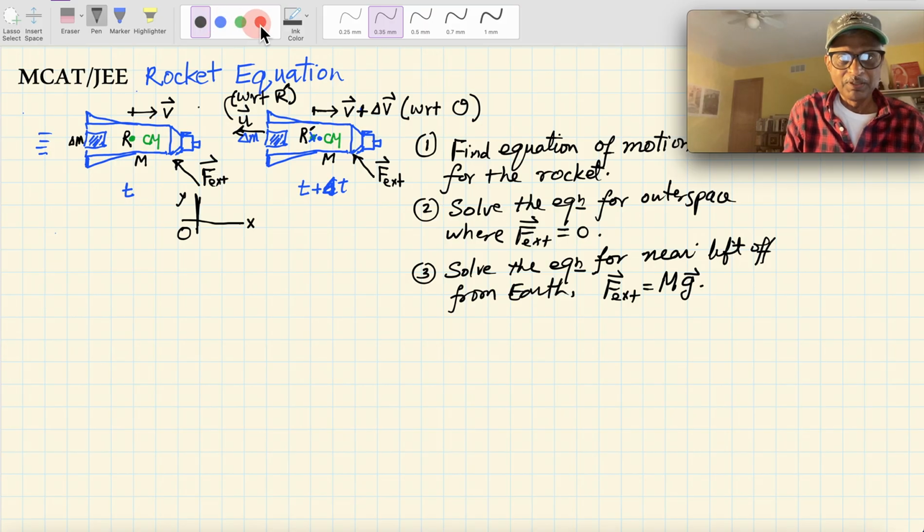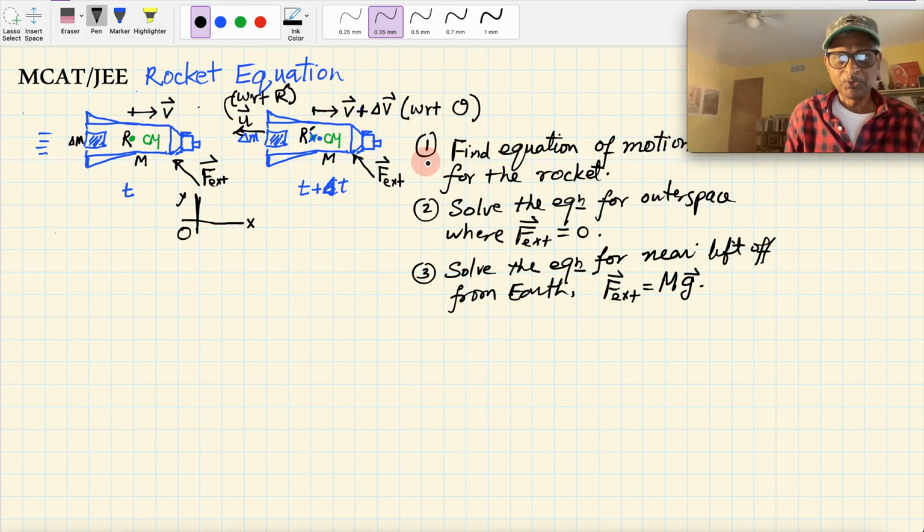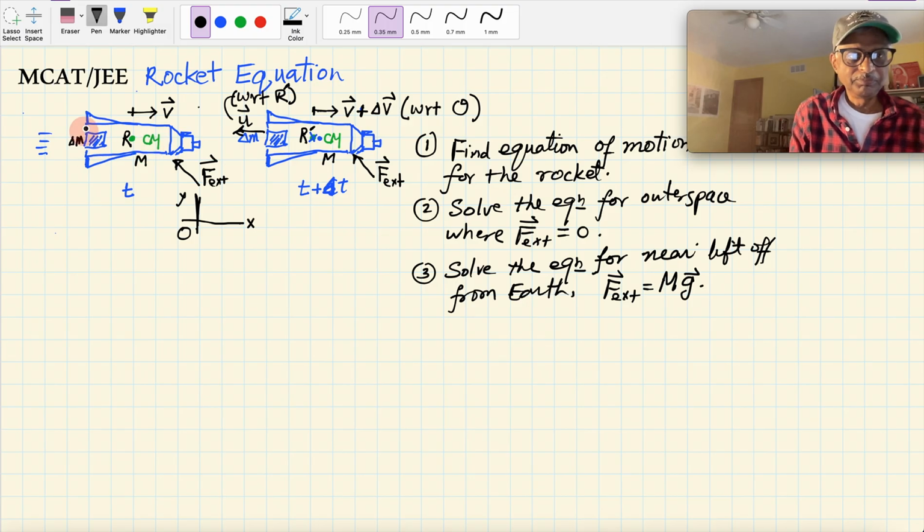Okay. So the question is: find the equation of motion for the rocket, which is this part in the blue. And once you find the equation of motion for the situation given at time t and time t plus delta t,